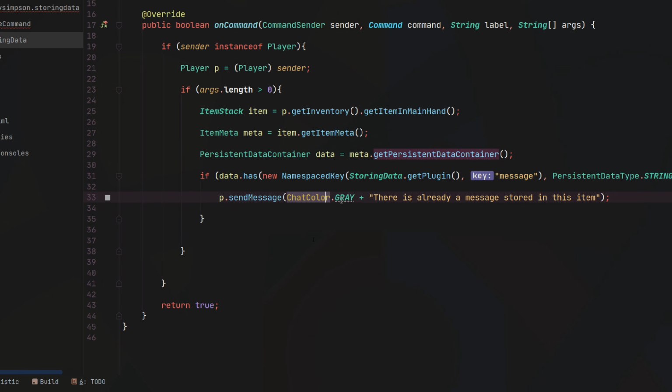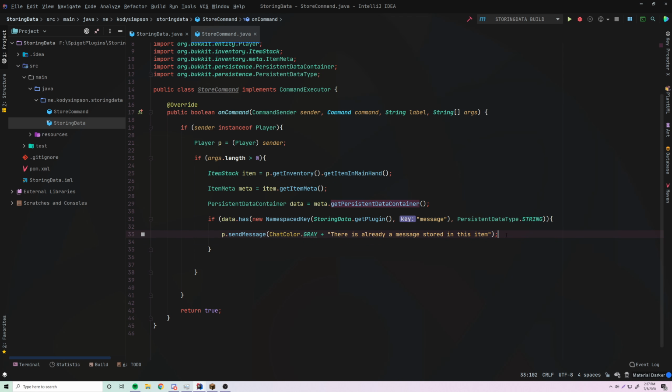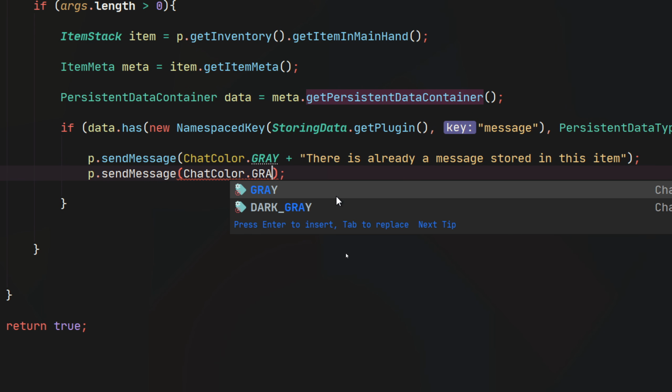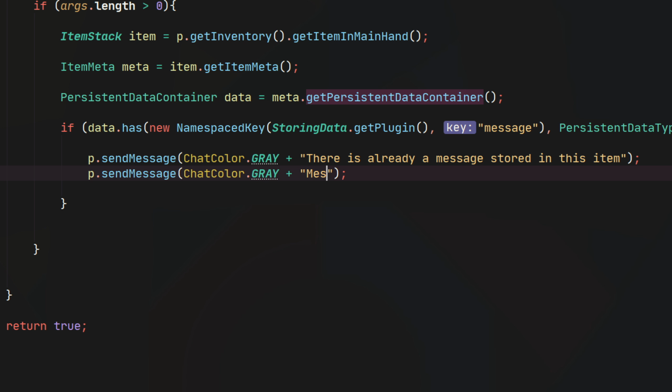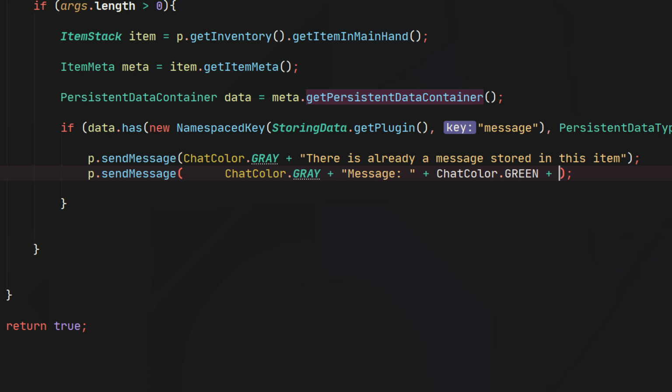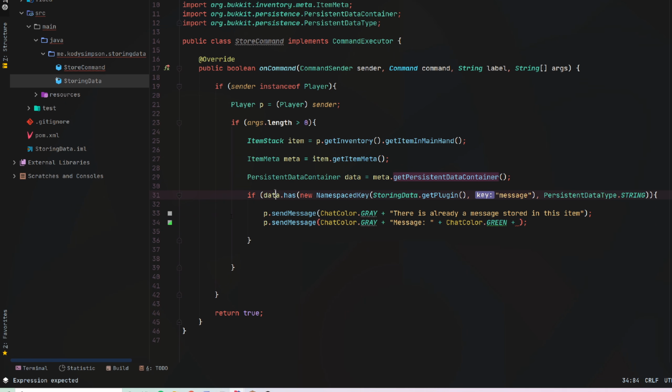Import ChatColor. Cool. So now we'll print out the message that they have stored. We'll do p.sendMessage, and we'll say ChatColor.GRAY message, ChatColor.GREEN. And now to get the message that they have stored, we can do pretty much the same exact